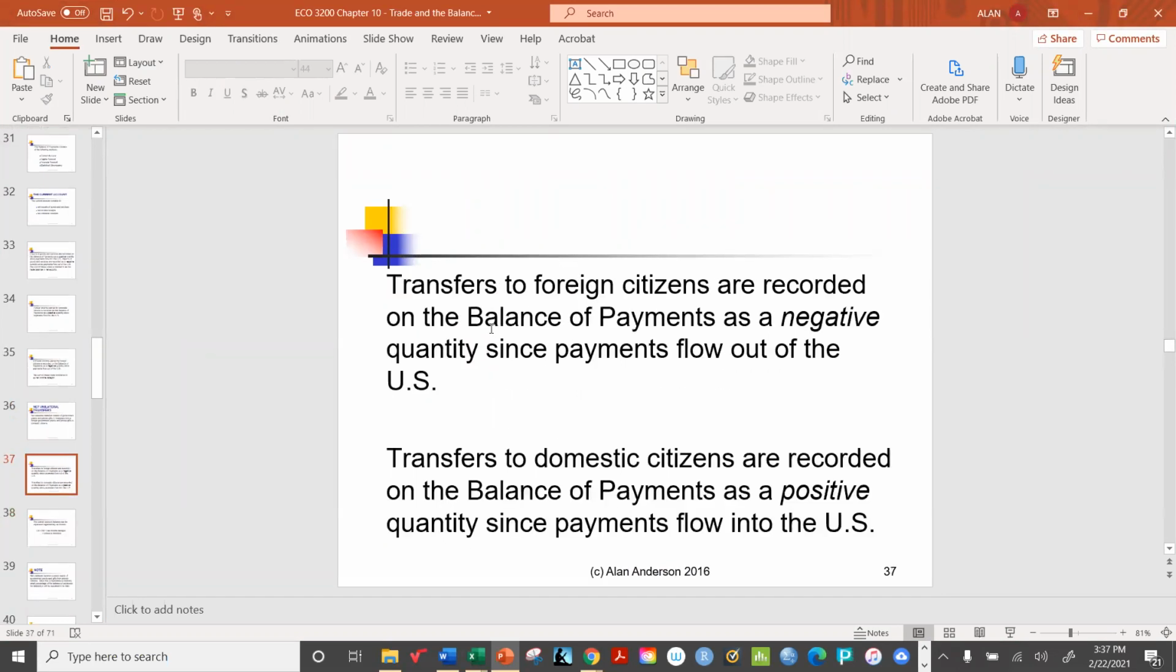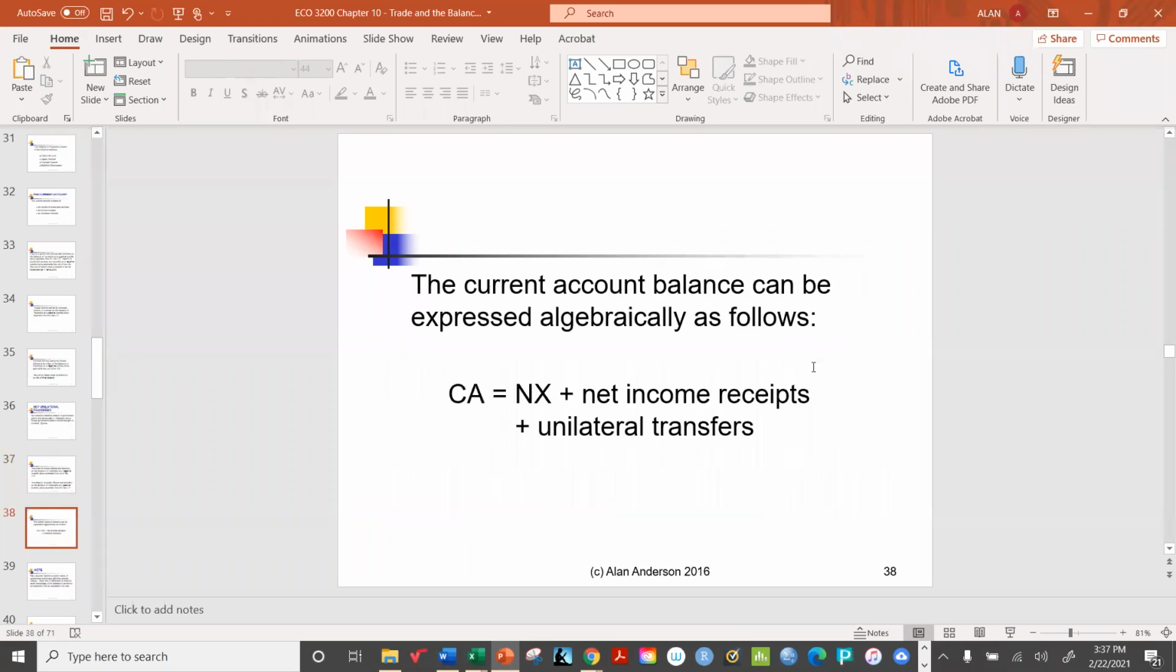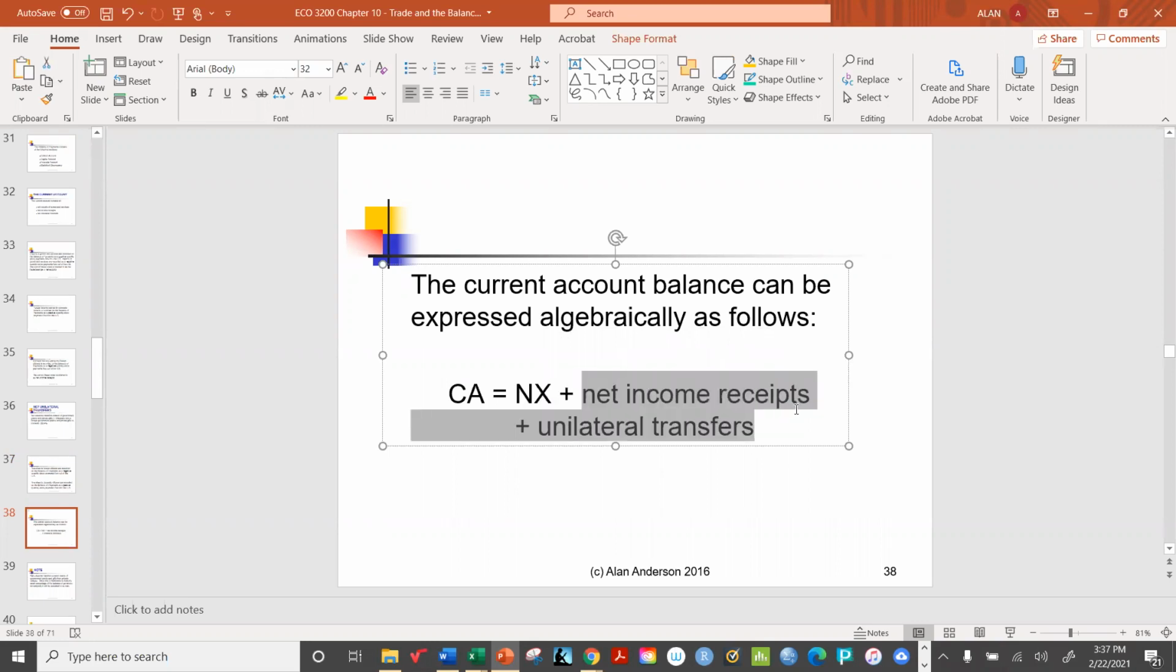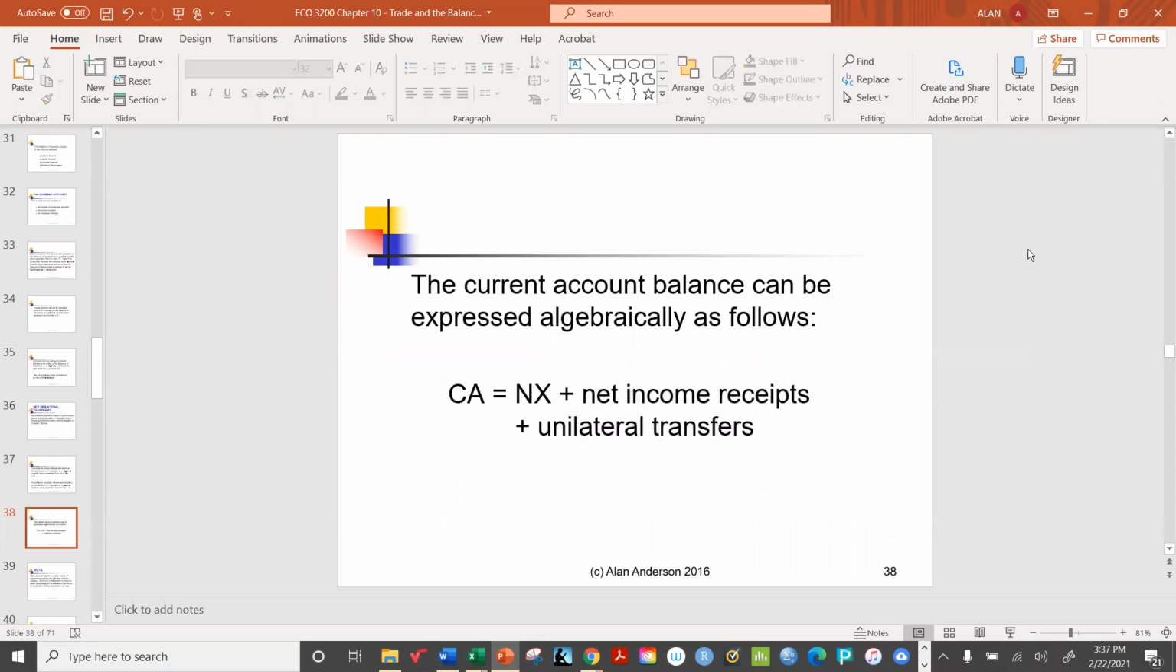And then there's all this discussion, if you're keeping track of this information: transfers out of the country are negative flows, they're outflows. Transfers to domestic citizens are considered to be positive because they're inflows into the country. So the current account balance, in principle, is the trade balance or net exports, plus all the net income receipts, plus these unilateral transfers. So the current account balance is actually a broader measure of our trade with the other countries